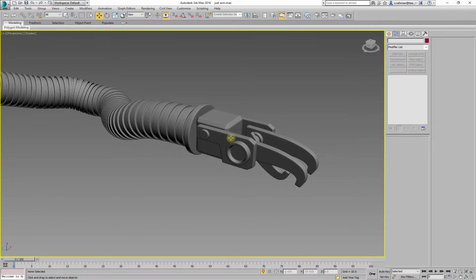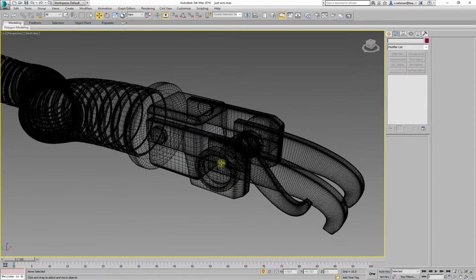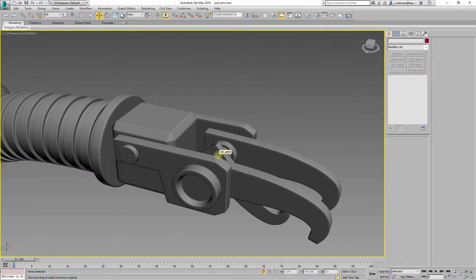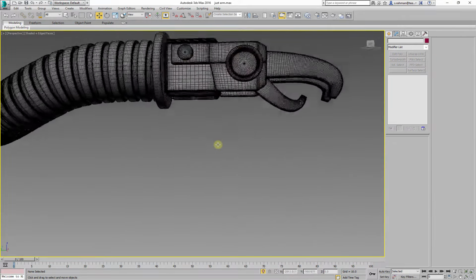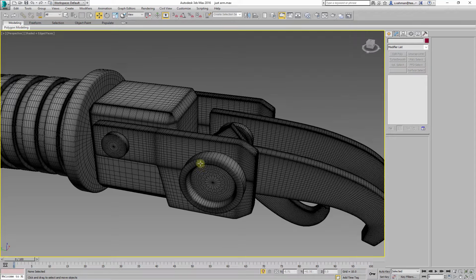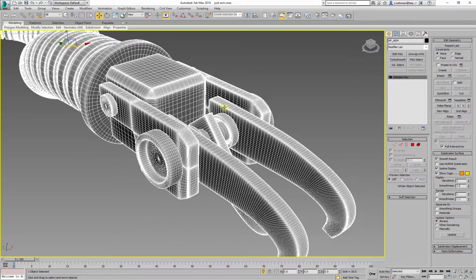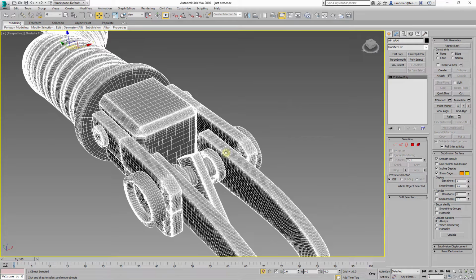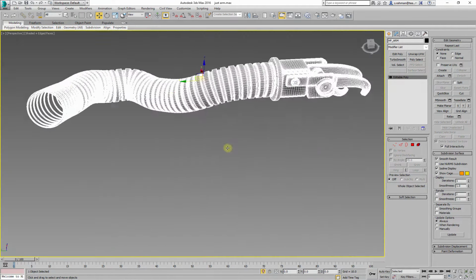Okay, so the very next step is going to be how do we go about creating the actual hand section. I've got the high poly version of my arm over here, and I'm just going to use this as a guide, just so we can see potentially the type of arm we could make. We have here a sequence of cylinders, very straightforward to accomplish, followed by a cube, and then arguably some derivatives of a cube that act as almost the pincers, and then we've got some additional cylinders in there. So that should all be very straightforward to create a high and a low